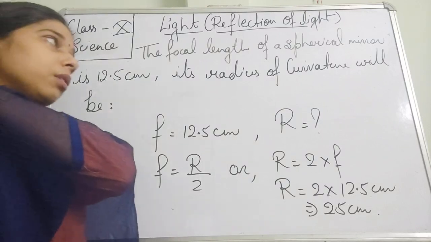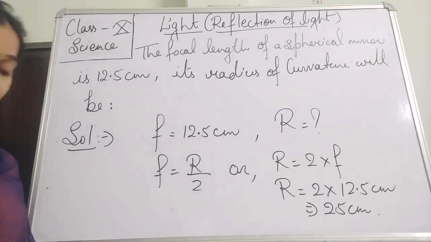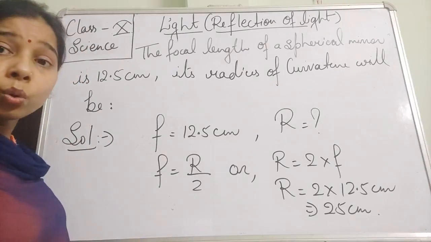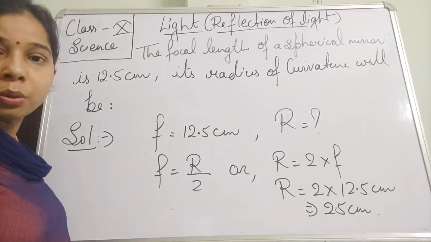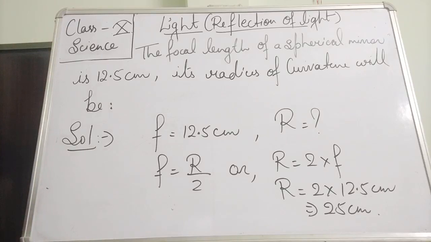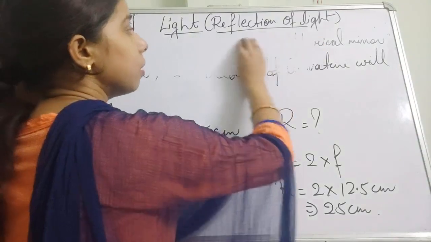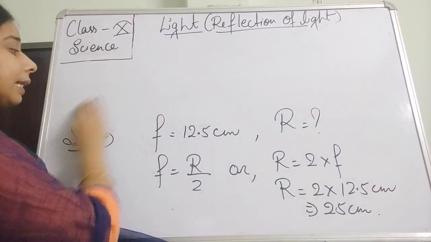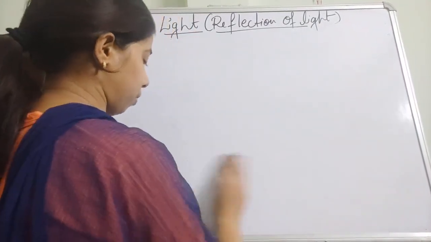So this is about some important thing which is related to the spherical mirror. Moving on, before we go and try to understand the ray diagram, there are some rules which are very important to understand for obtaining the images, whether it is a concave or a convex mirror. So we will start with the first one, and that is the rule which is used to obtain the image formed on a concave mirror. We will start with the concave mirror, students.